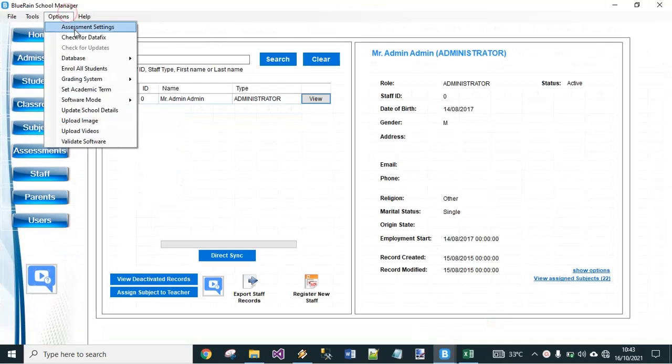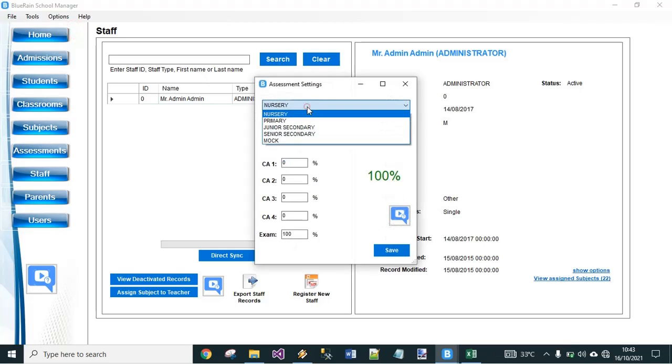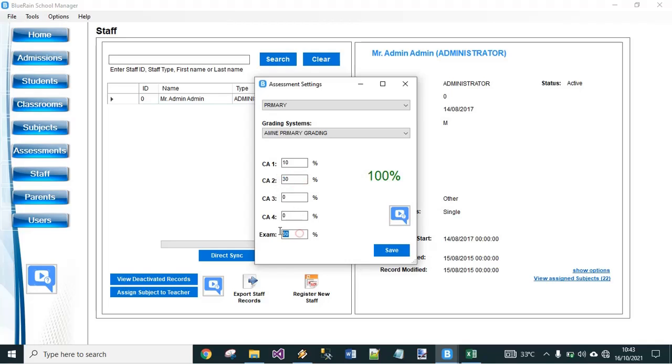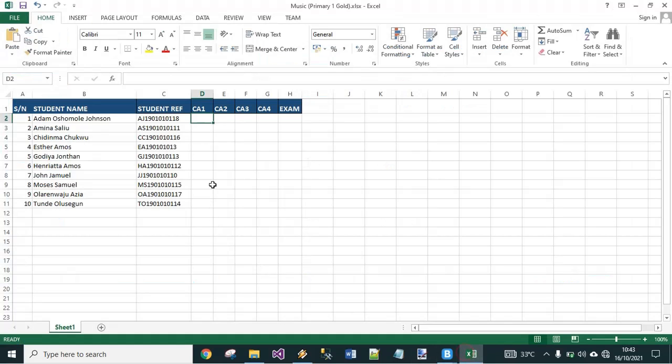We go to Options, Assessments, and Settings. So click on Primary. For CA1, it should be 10%, CA2 30%, and exams 60%. No CA3 and no CA4. So back to the assessment sheet. So this should be 10%, so values should be less than 10. Here should be 30, so I can put something like 25, and here is 60, so I can put something